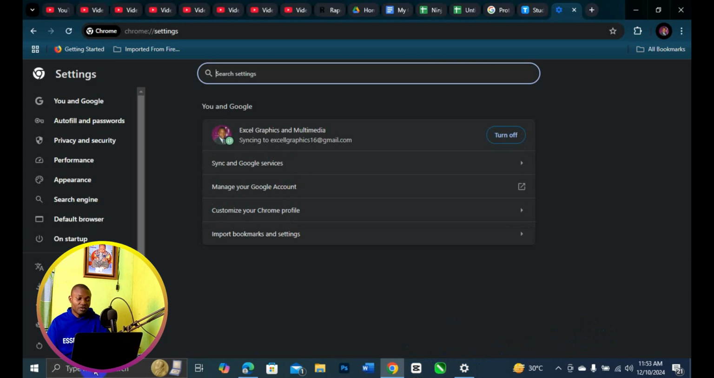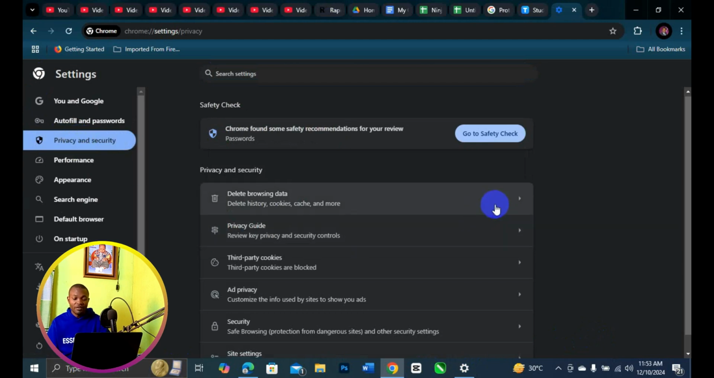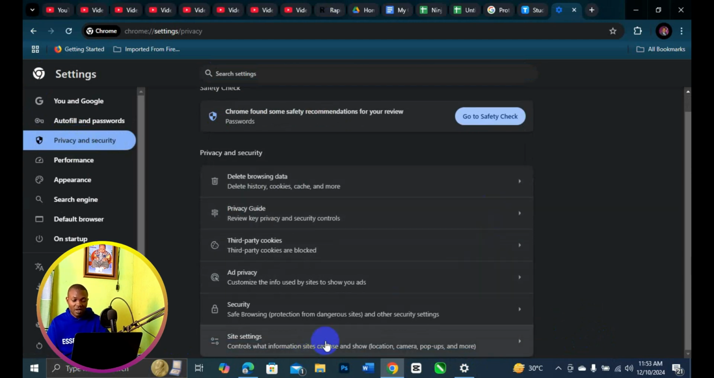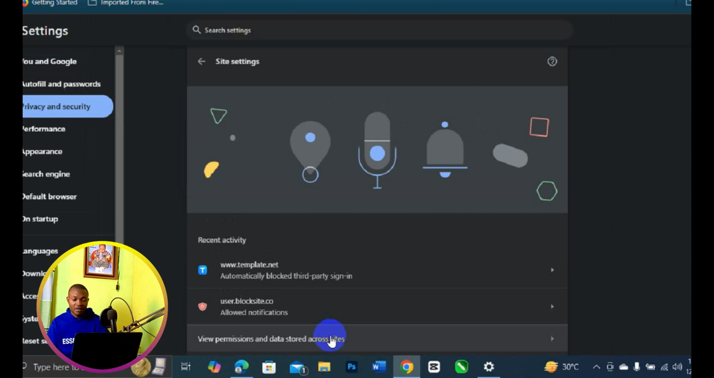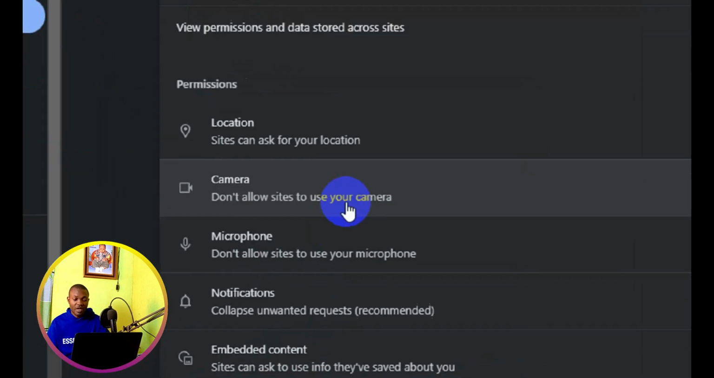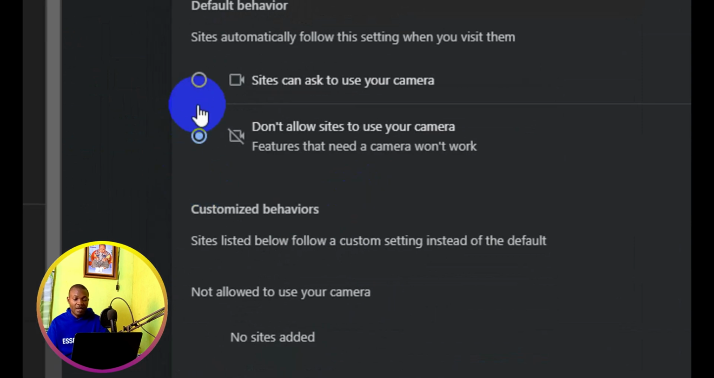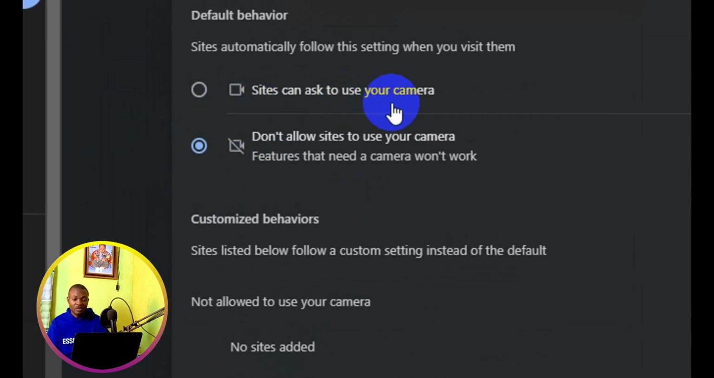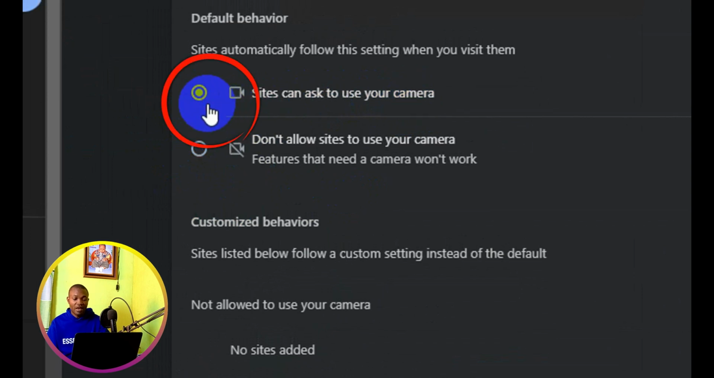Next thing you need to do is to go to privacy and security. Click on that. Then you have to simply scroll down and come down below where you have site settings. Click on that. It takes you right here. You can simply scroll down, then navigate to camera right here. Click on camera. Then where you see site can ask to use your camera, click on here to allow the